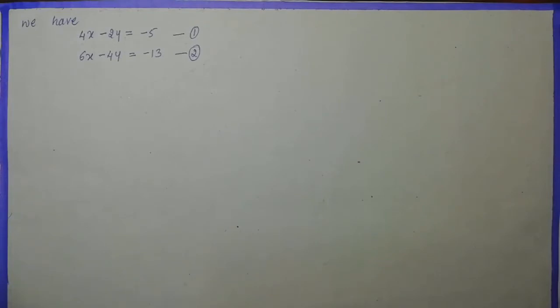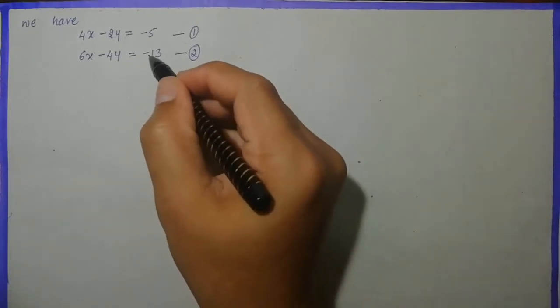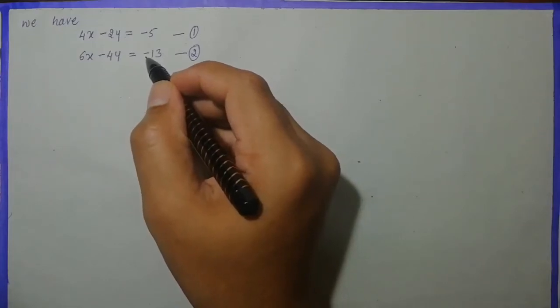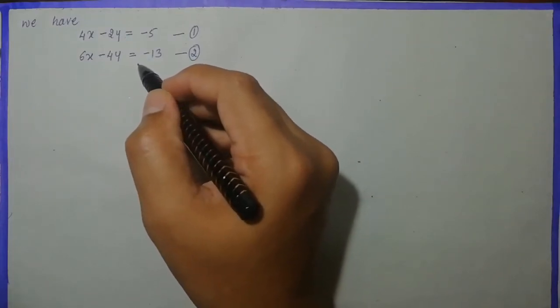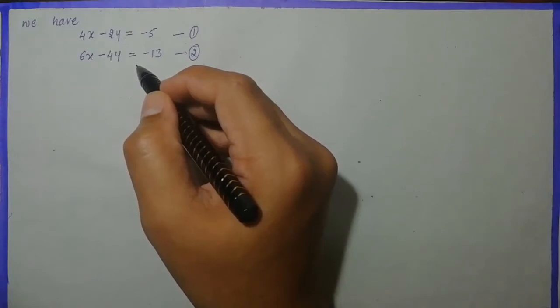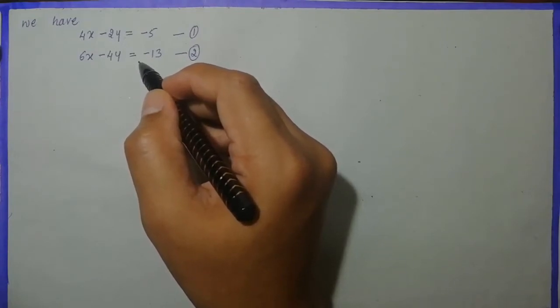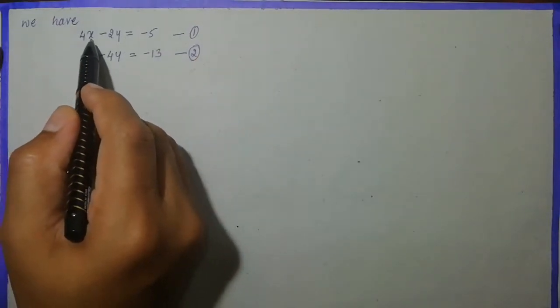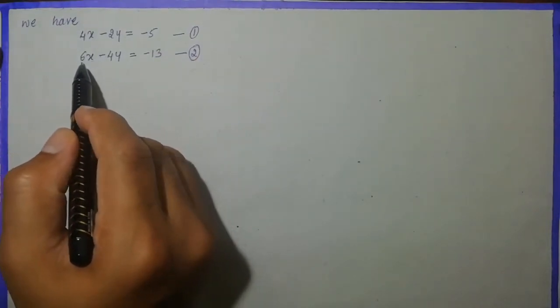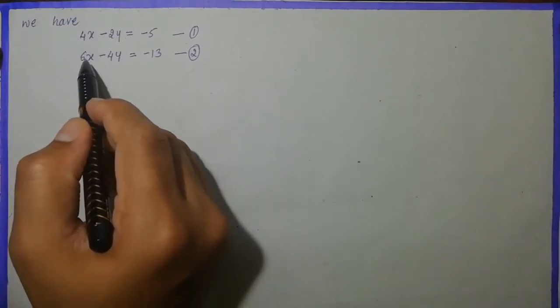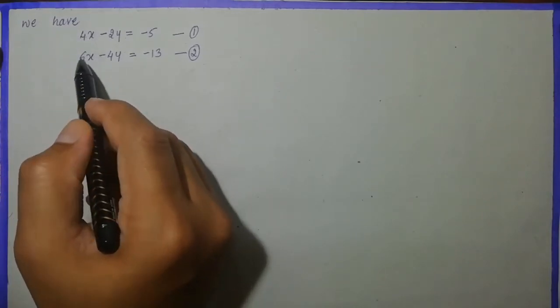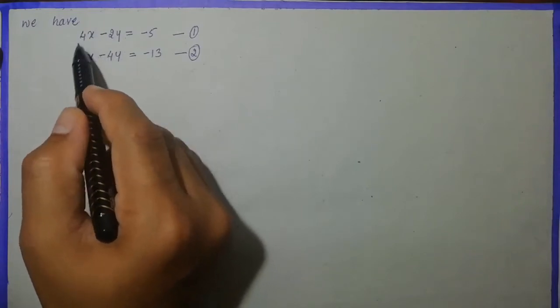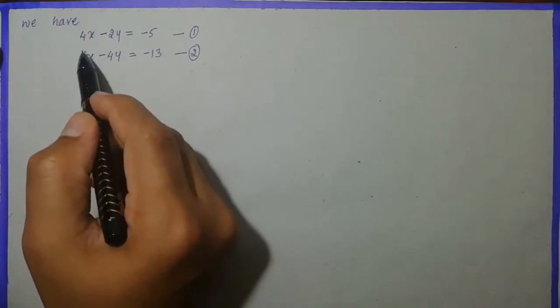Okay, what I told you is that you have to add or subtract these two equations so that one of the variables, either x or y, will disappear. Before that, why will a variable disappear on adding or subtracting? Only when the coefficients are the same. Here the x coefficients are 4 and 6. If you add, it becomes 10. If you subtract, 6 minus 4, it becomes 2. So 2x will remain and it will not disappear.